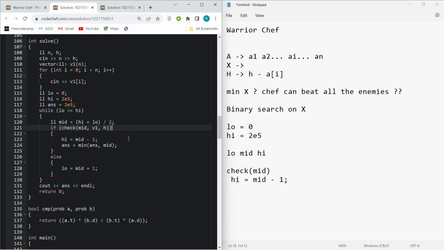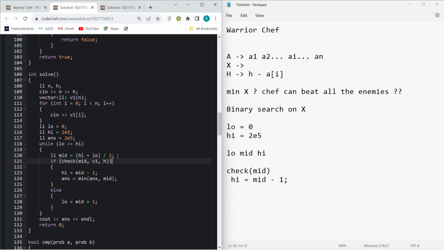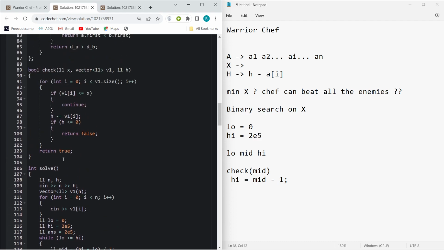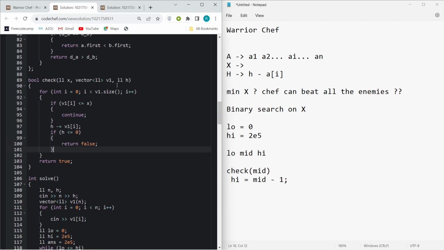Now you might be thinking how to design the check function. So basically you have to check whether the supplied mid will be our X. You just have to check that with that X, can the chef beat all the enemies. So this is the normal one. In the check function, you will just iterate from 1 to N, and then you will see